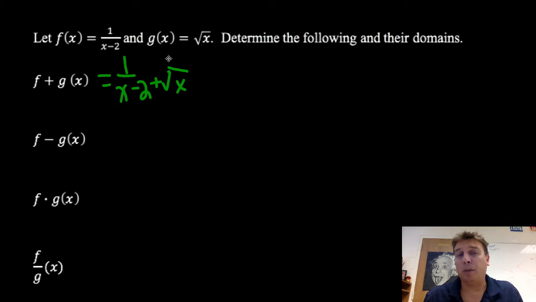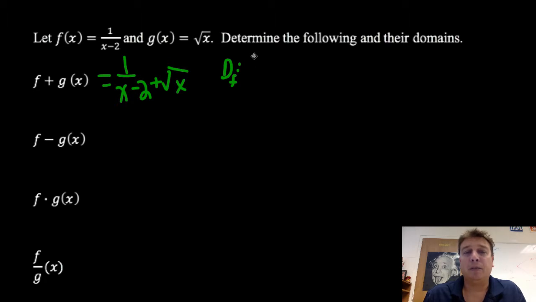We're not even going to worry about that at the moment. What I want to figure out now is what is the domain? So for part A, the domain would be all real numbers except 2. We'll say for function f, and I'll put a little f down here so we know it's the domain with respect to function f,